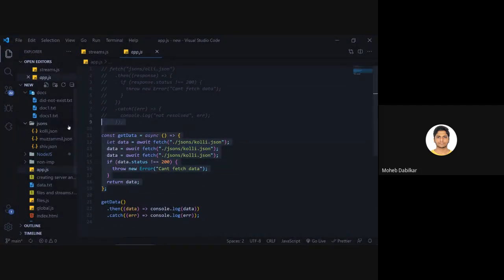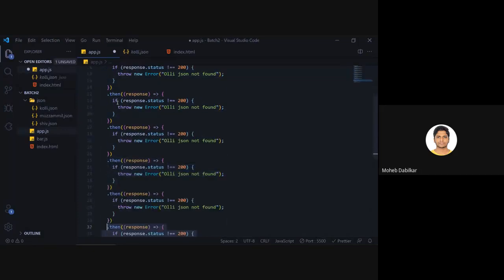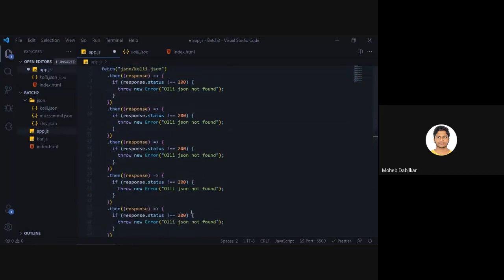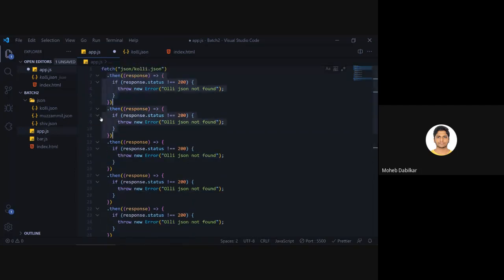Okay, so the second way is to use asynchronous functions. This is the older method, and if you have lots of work, you end up creating a lot of dot thens.